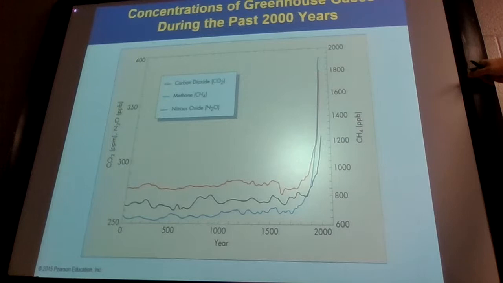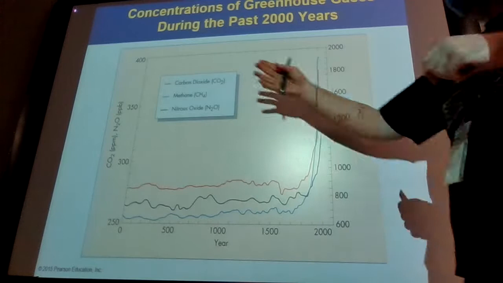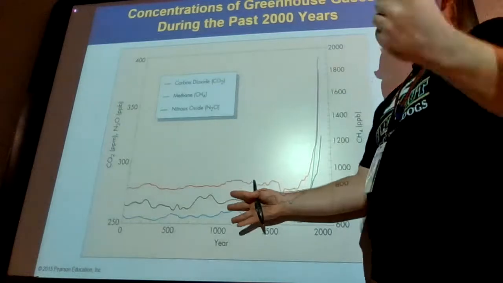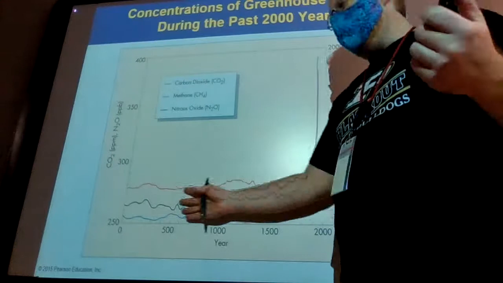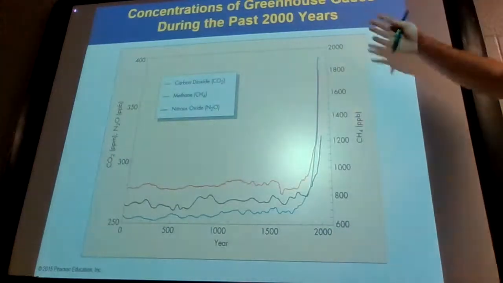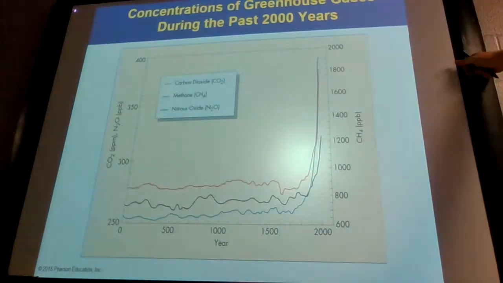Let's see. Concentrations of greenhouse gases during the past 2,000 years. And so note that we don't have direct measurements for the vast majority of this stuff. We're doing paleoproxy records. That being said, you have several different paleoproxy records for different chemicals that were taken in different ways that all kind of align to these much, much lower levels than we have now. That being said, I don't know what level we're at and what good it's going to do.